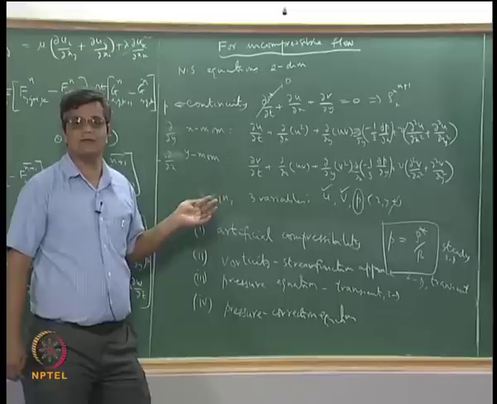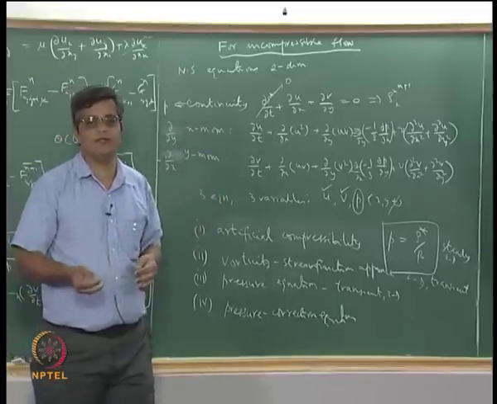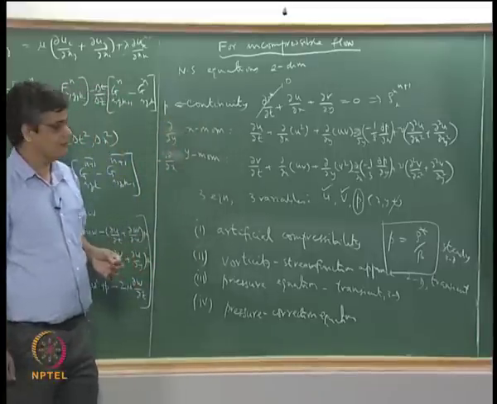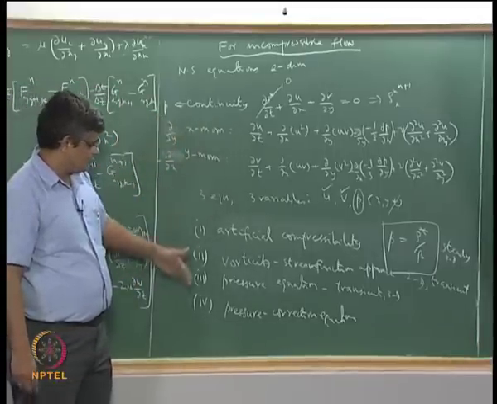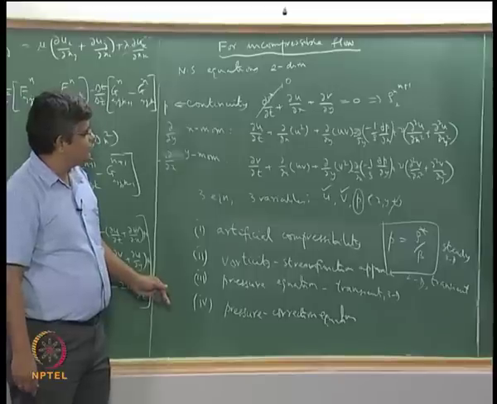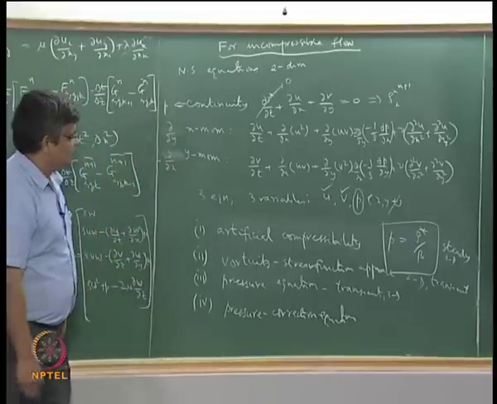Okay, there is no equation for pressure in this, so we have to reformulate in a different way, so as to recover pressure from the continuity equation. Okay, so that is how we can evaluate the flow variables for incompressible flows, and